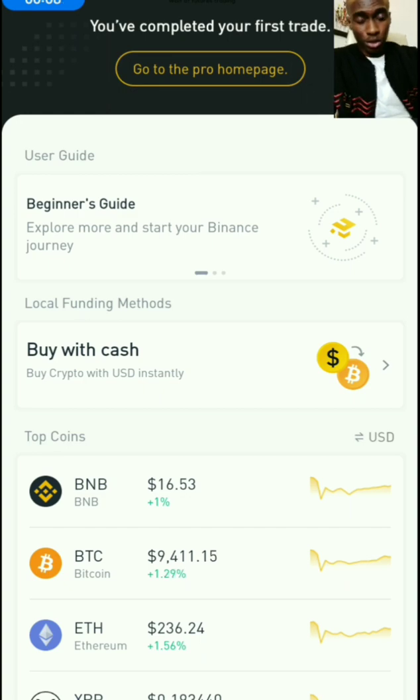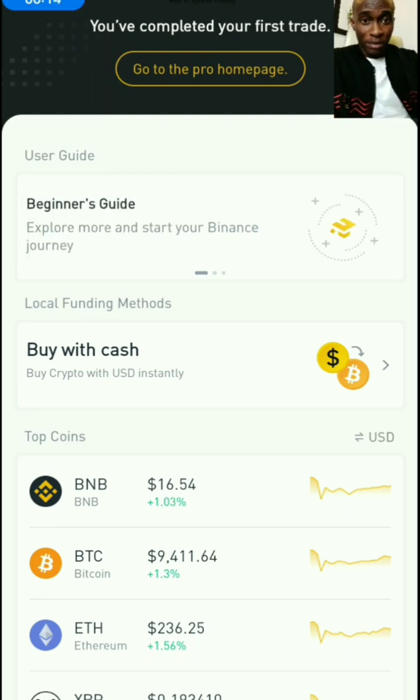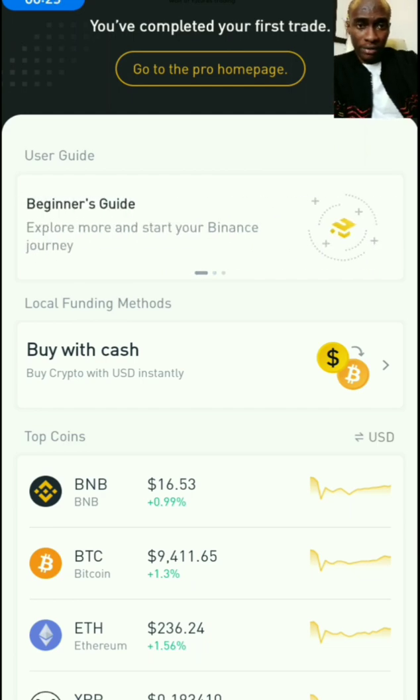I'm sure at this stage you should have already downloaded the application, signed up, and done your user authentication. My name remains Giwa Oluwatobi, your trading coach, and this course is free for those who are new to the trading space. So on this page, you can see a very brief